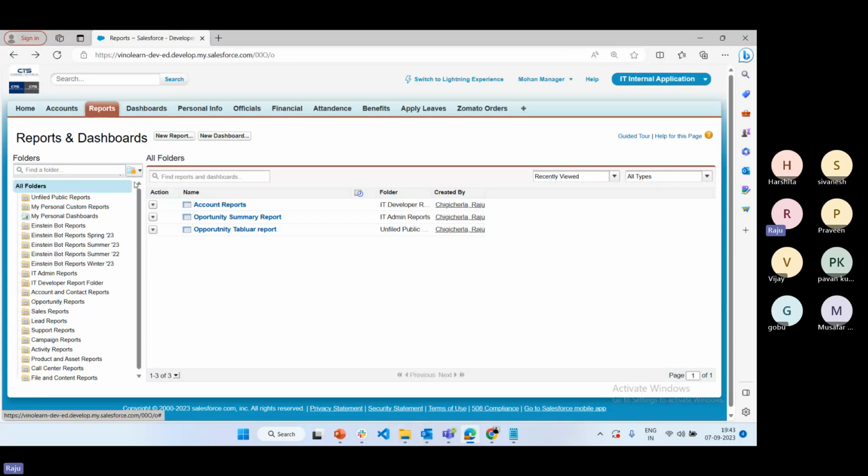See here we have the option in Classic. Here we have an option to create a new dashboard folder as well as a new report folder. We had disabled it, right? That is the reason the option is not showing. Previously I disabled it in the profile, so that option is not available. Now if you go to Lightning,